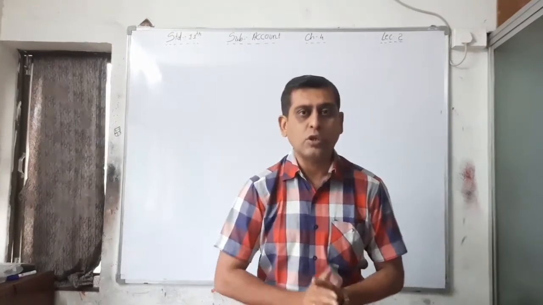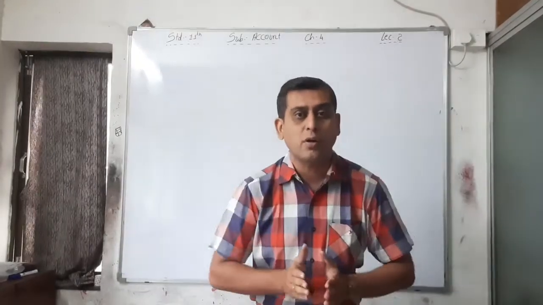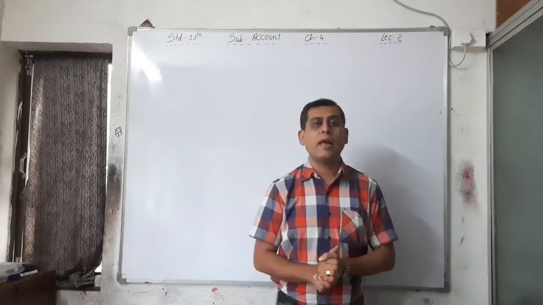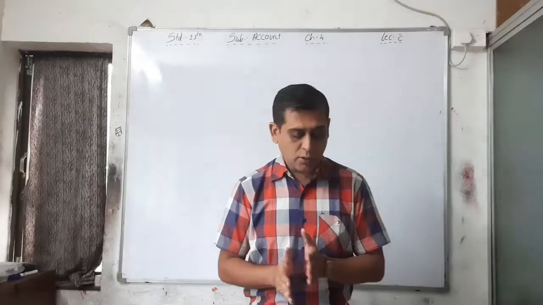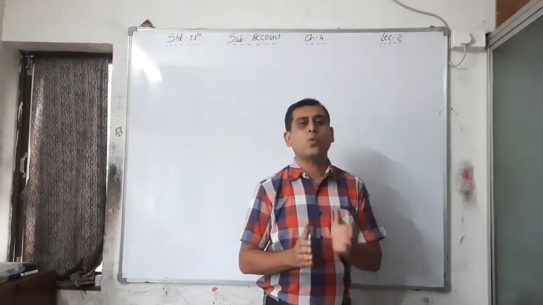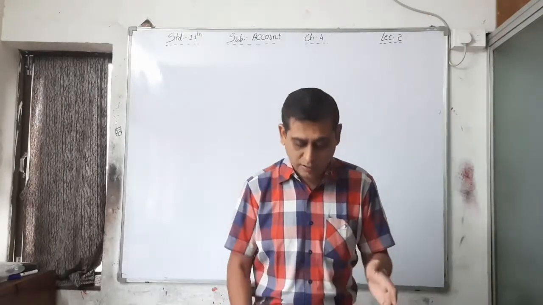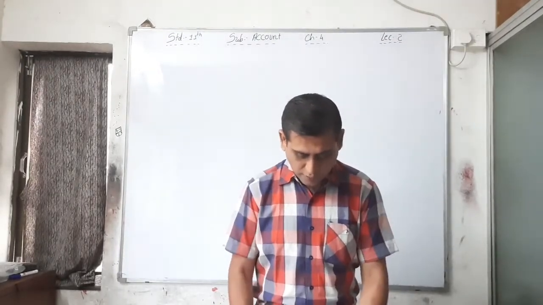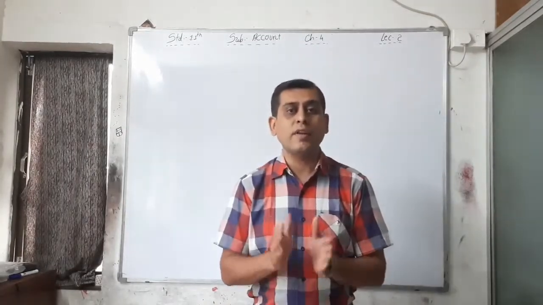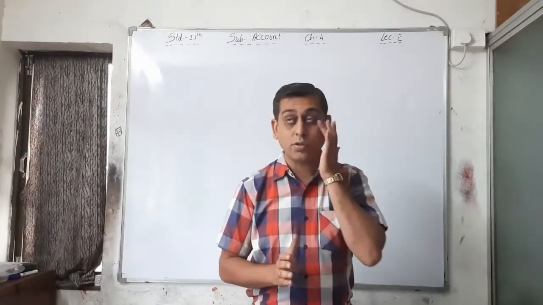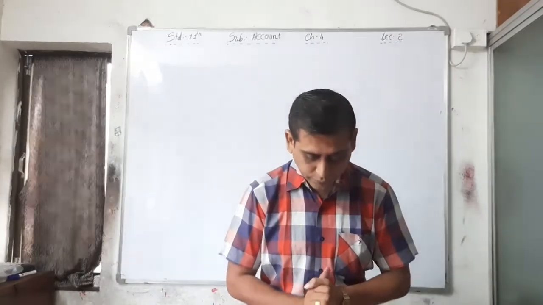This is your chapter number 4, Accounts Part 1, lecture number 2. I told you in my last lecture, this is your most important chapter. I hope you all completed illustration number 1 and the homework I gave you, that is to read pages 57 to 62. I hope you all read that. Now we will discuss illustrations number 2, 3, and 4. Shall we start now?